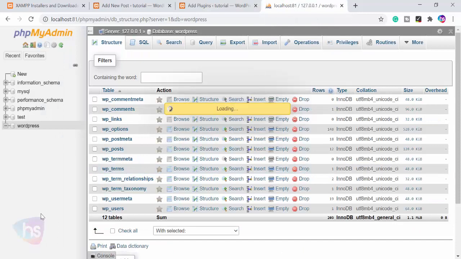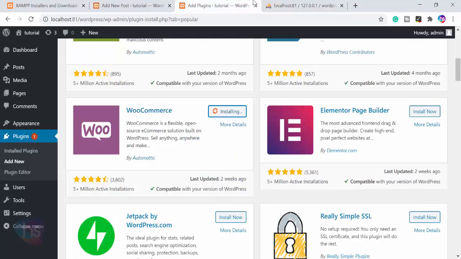Once the installation is completed successfully, you can go and check your database. You will see all the successful installations of WooCommerce, an e-commerce solution for WordPress.